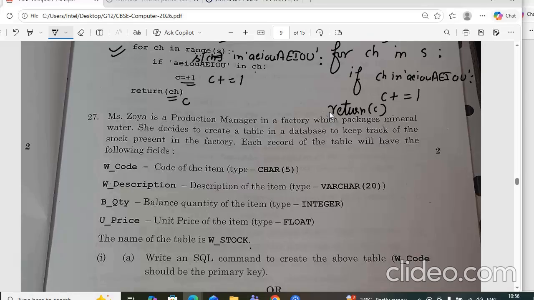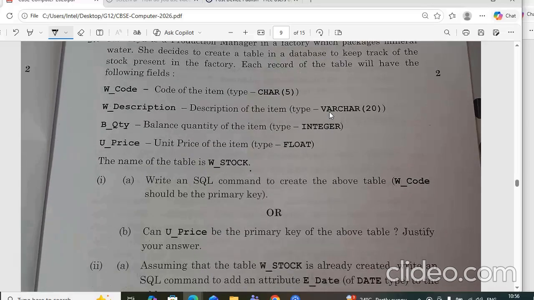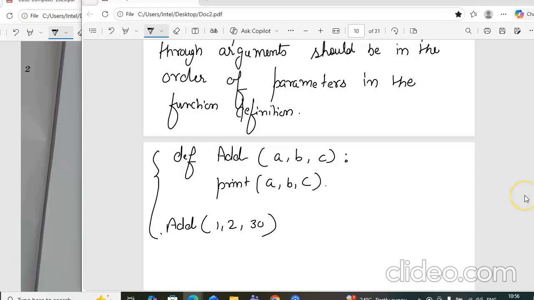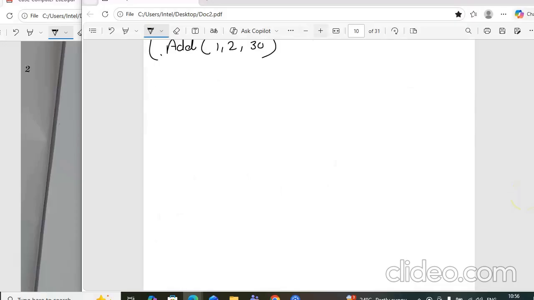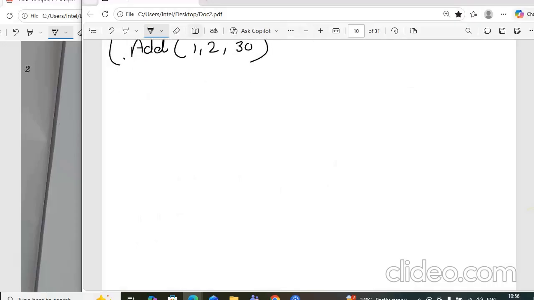Write an SQL command to create the above table, and we have to consider the W_code field as the primary key. So you have to create a table here: create table with W_code, W_description, B_quantity and U_price. So let us go for it. What I'll write here is create table.